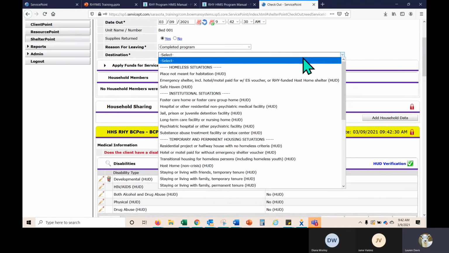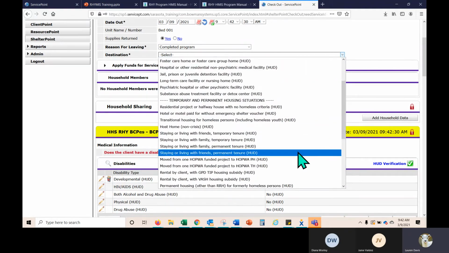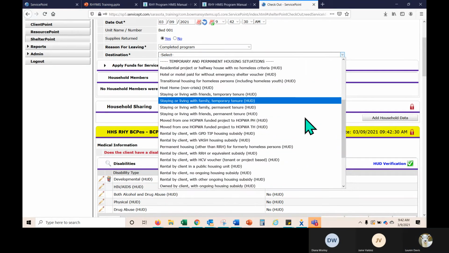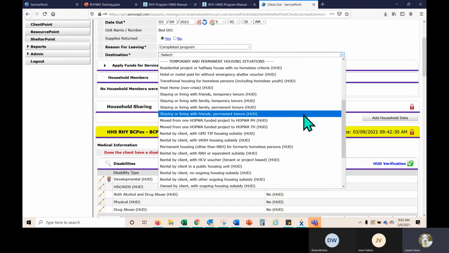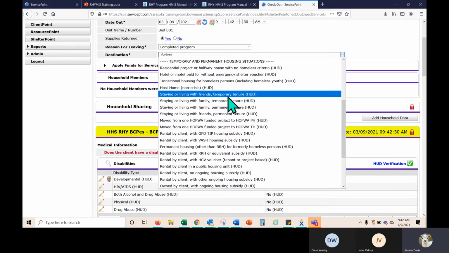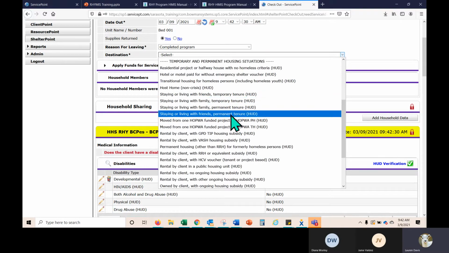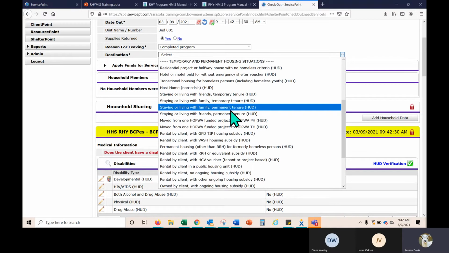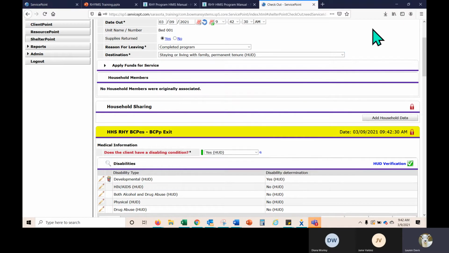And where is she going? She's going back to her family members. So it would either be a temporary or permanent tenure. Ideally, staying with family on a permanent tenure would be your most positive outcome.